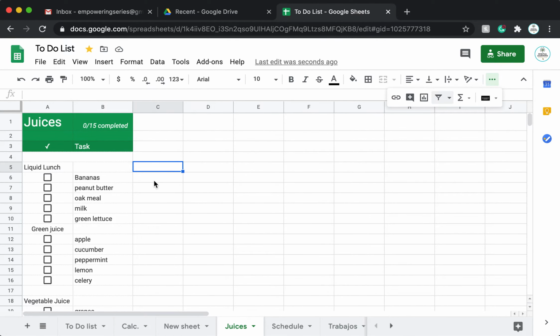Now the next part, I have in another sheet called uses. In this case, it's more for the daily activities basically. Everybody makes a grocery store list to go to the store, a list to basically know what you're going to bring. So in this case, that's what I did, but I made it with juices. More like if I want to start on a liquid diet or something, then I could have a list of juices: green juice, vegetable juice, a liquid lunch,